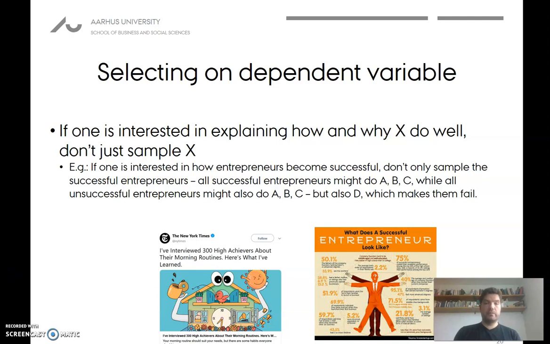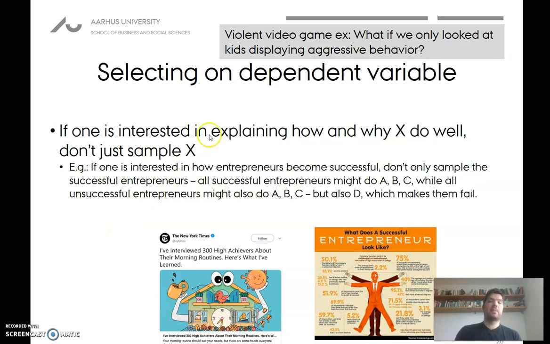Another key one that we've mentioned before, selecting on a dependent variable. As highlighted here, if you're interested in how entrepreneurs become successful, well, if you only look at successful entrepreneurs, you might not realize that whatever these successful entrepreneurs do might be the same thing that the unsuccessful entrepreneur did. Violent video game example. What if we only looked at kids displaying aggressive behavior? This is interesting for figuring out what they do and how they do it, the same with entrepreneurs. I'm not saying it's not interesting, but we can't say,